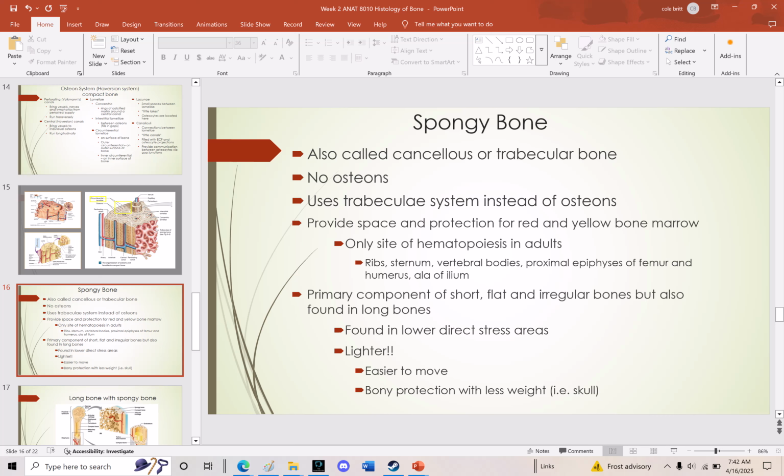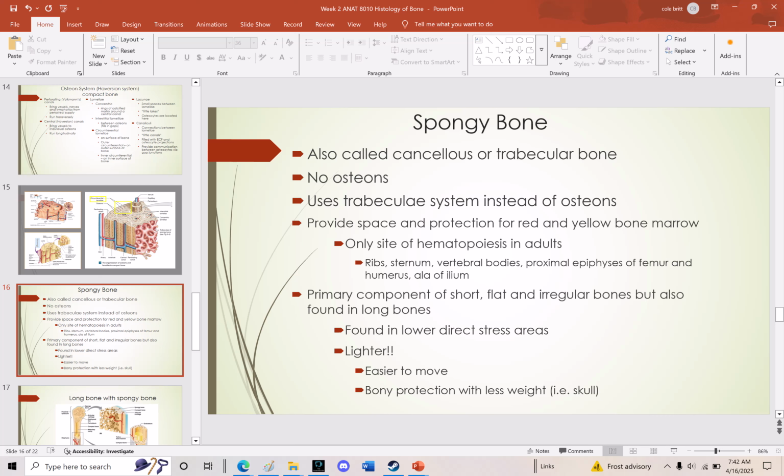Can you point to what you were saying? Yeah, sure, absolutely. See that right there? That's that interstitial lamellae. Here's some interstitial lamellae right through there. There's another piece of it. There's another piece. So if it doesn't look like a nice circle, like the concentric lamellae, then